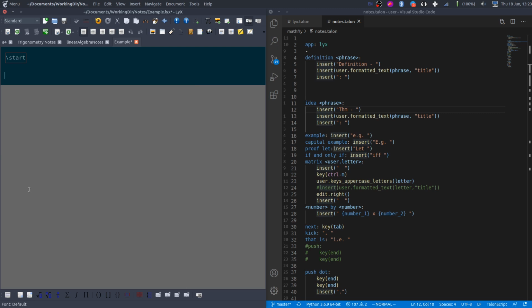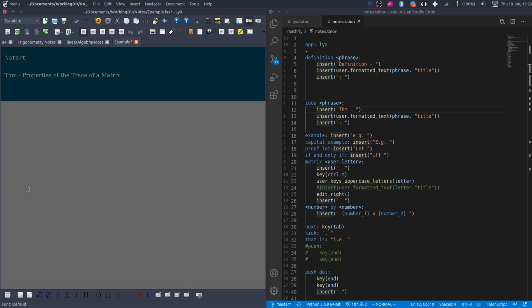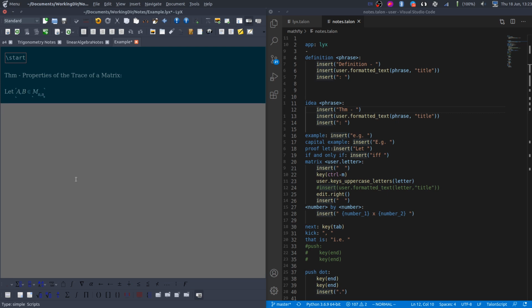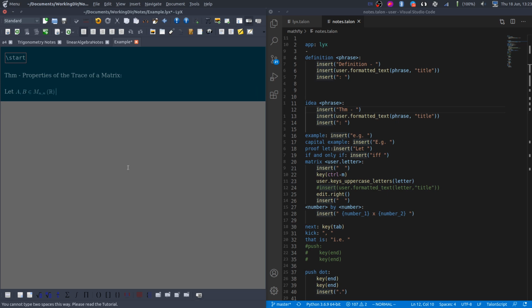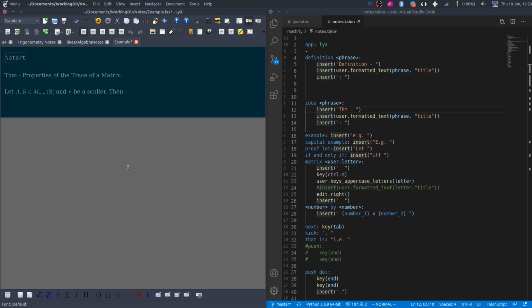Idea, properties of the trace of a matrix. Enter. Proof let, math, ship air, comma, ship bat, member, ship made, subscript, near, comma, near, go right, parens, real numbers, push, phrase and, push math, read, push, phrase be a scalar, period, space, title then, colon, enter, one right